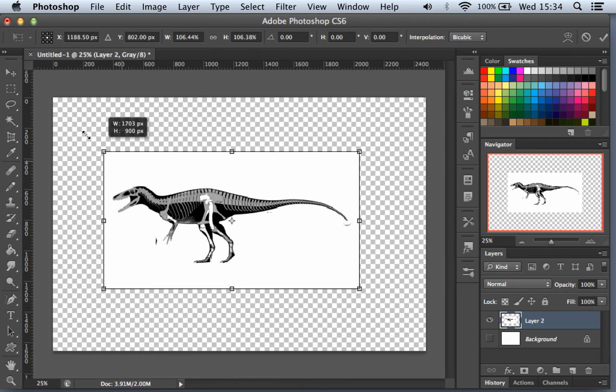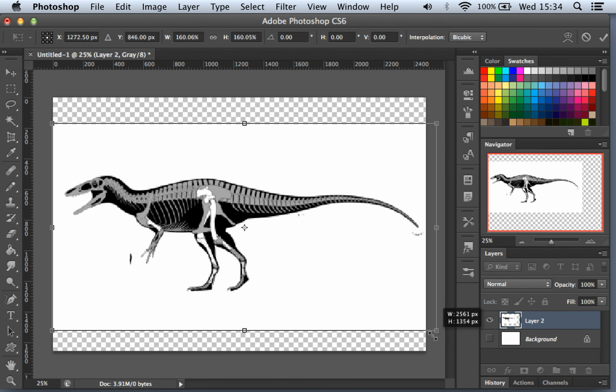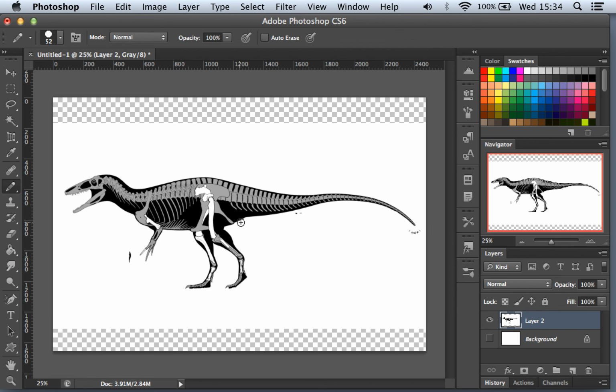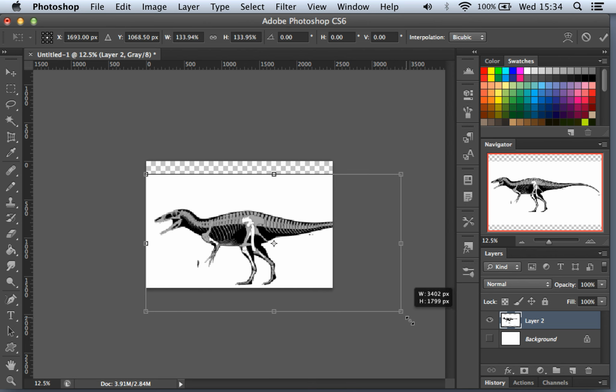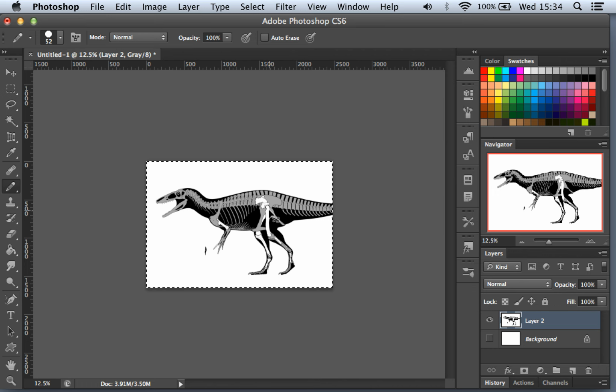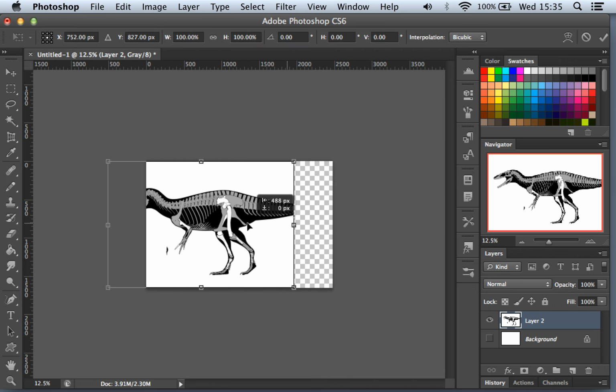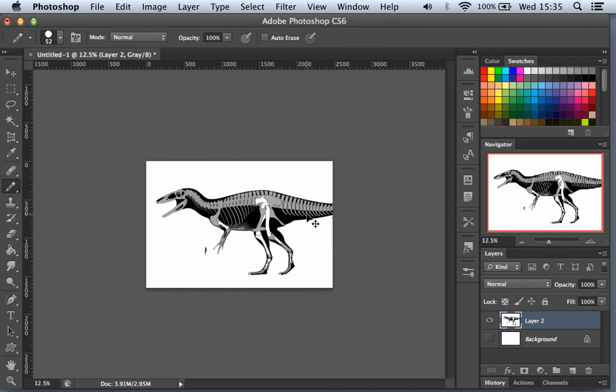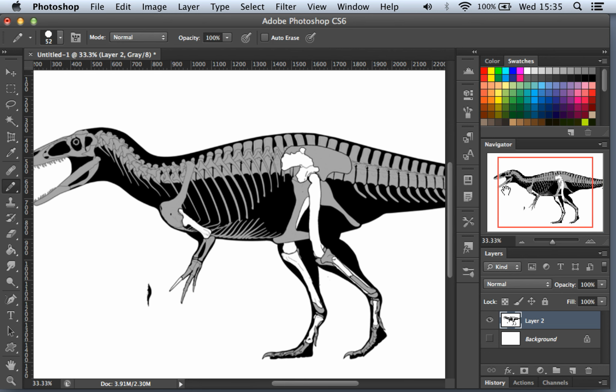Now, if I make the illustration like this, you see the tail takes up a lot of space, and we know what a tail looks like. Everybody knows what a tail looks like. Let's just crop it a little. Okay, select all, crop. I just crop the image so the extra tail space wouldn't take up extra memory in